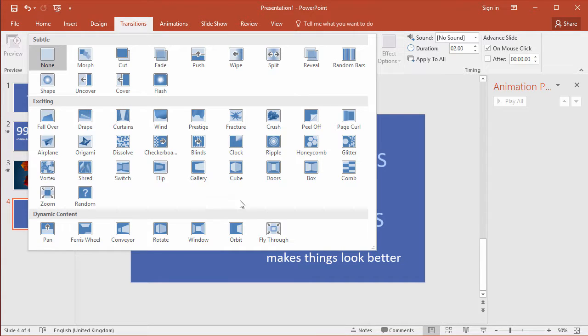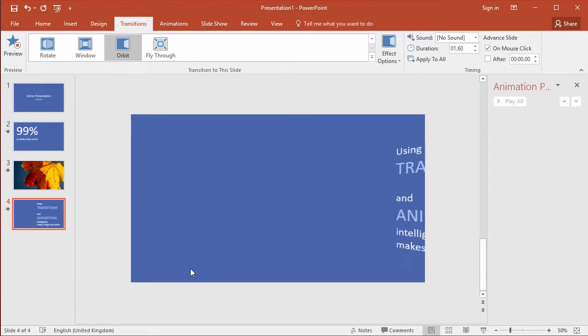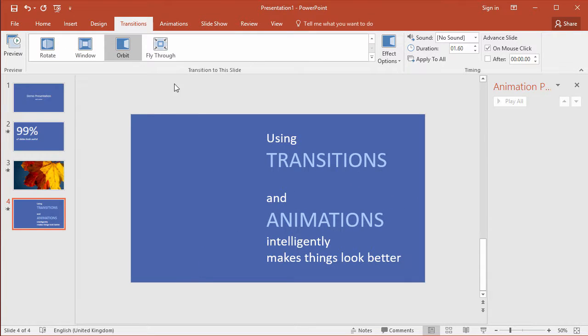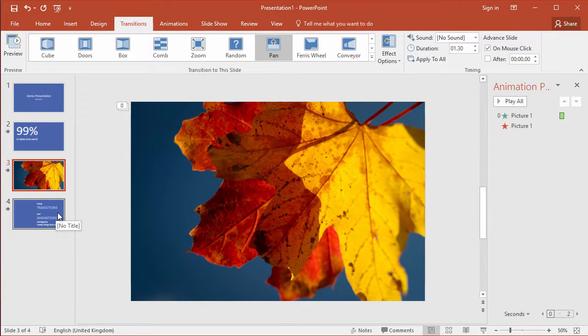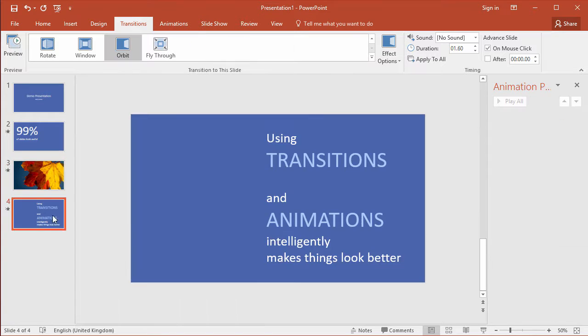This time I'm going to use, let's have a look at Orbit, there we go. That's a bit fancy, that one, maybe a bit too fancy, but we'll go with that at the moment. And of course we want this to advance automatically, so I'm just going to pop back to the third slide. I want that to advance after 8 or maybe 7 seconds there, to allow the time for the picture to be on the screen, because we've set that to be 5 seconds long. The slide transition for the final slide, again automatically after 5 seconds,